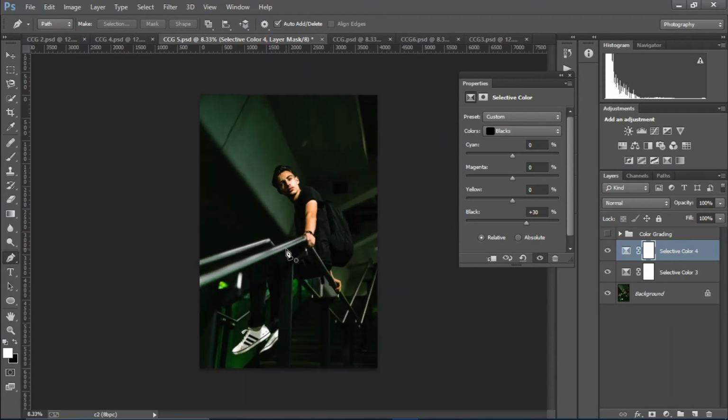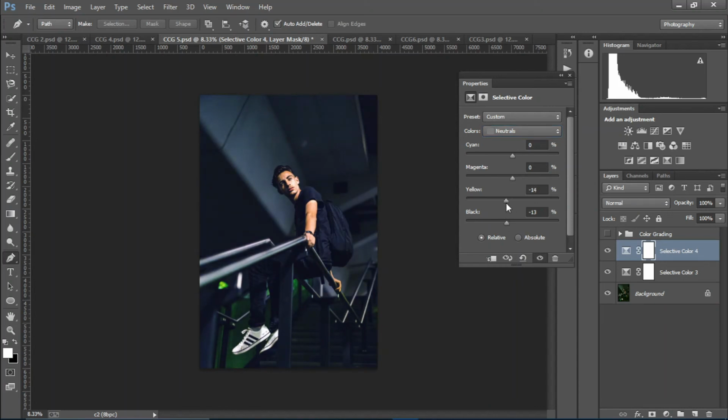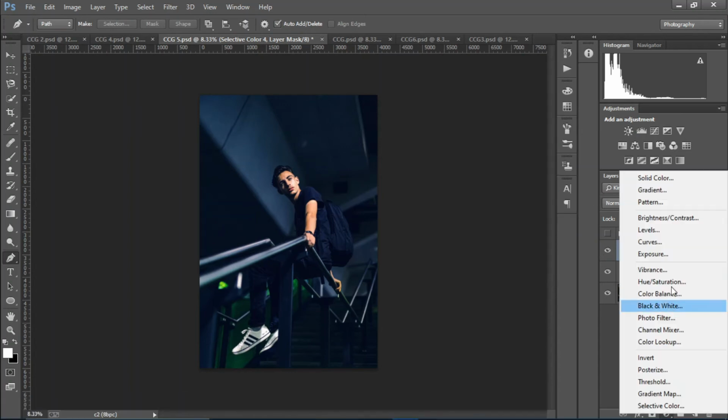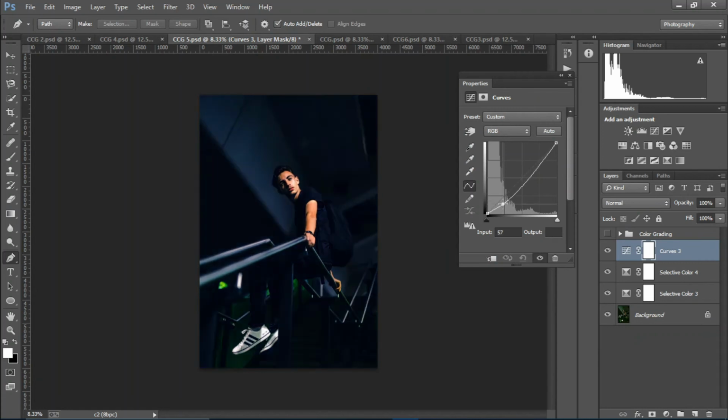Look, okay, so now I'm gonna add some cyan to this, magenta, decrease the yellows a bit. Yep, that looks good. Go to neutrals and just play around with the colors. Okay, that's good. Cool. So just like so. Okay, I'm gonna create a curve adjustment there, and I'm gonna just make a nice S curve